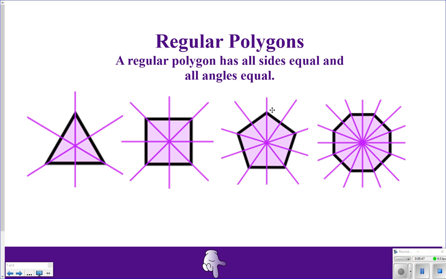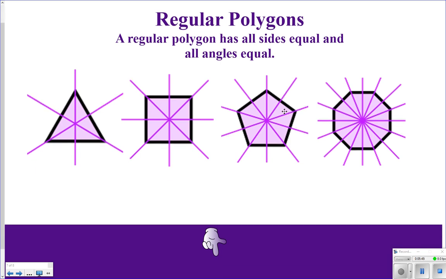So it has five lines of symmetry. What about this figure? Its name is what? Do you know? How many sides here? Count with me. 1, 2, 3, 4, 5, 6, 7, 8. Yes. The polygon which has 8 sides, its name is